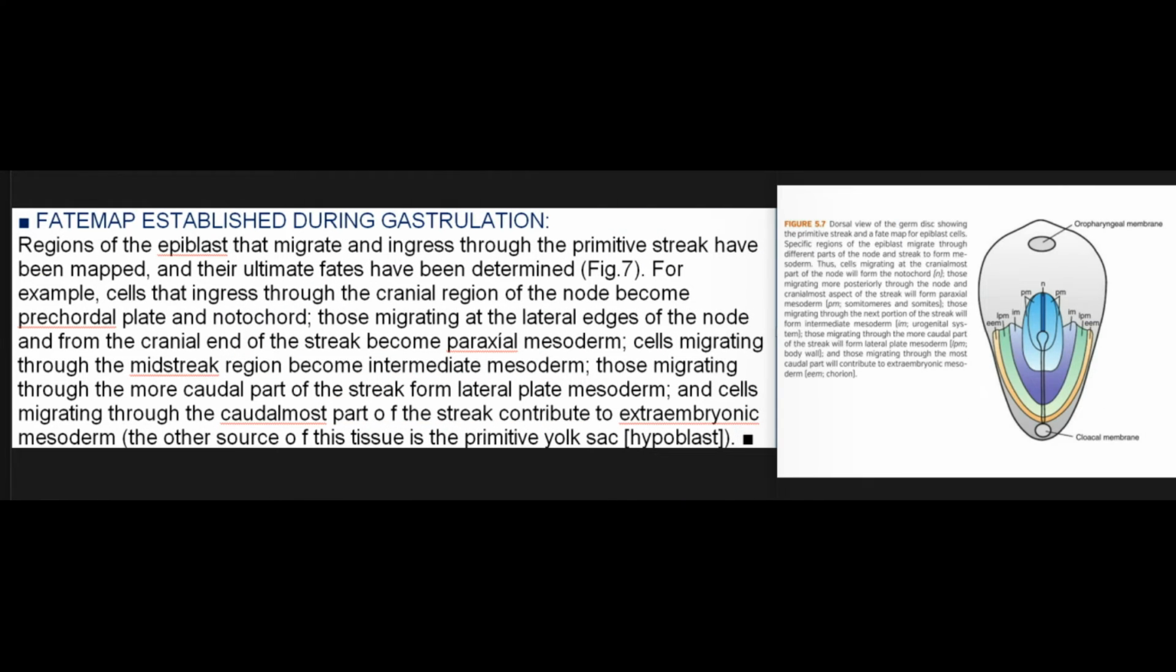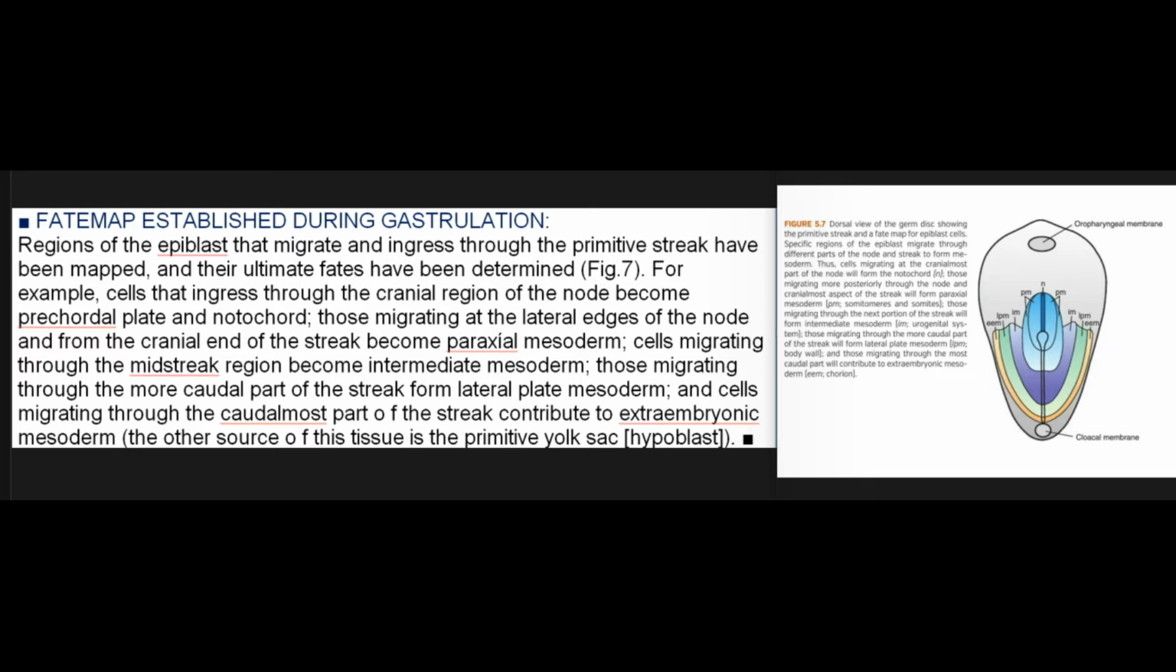Fate map established during gastrulation. Regions of the epiblast that migrate and ingress through the primitive streak have been mapped, and their ultimate fates have been determined, Fig. 7. For example, cells that ingress through the cranial region of the node become precordial plate and notochord, those migrating at the lateral edges of the node and from the cranial end of the streak become paraxial mesoderm,